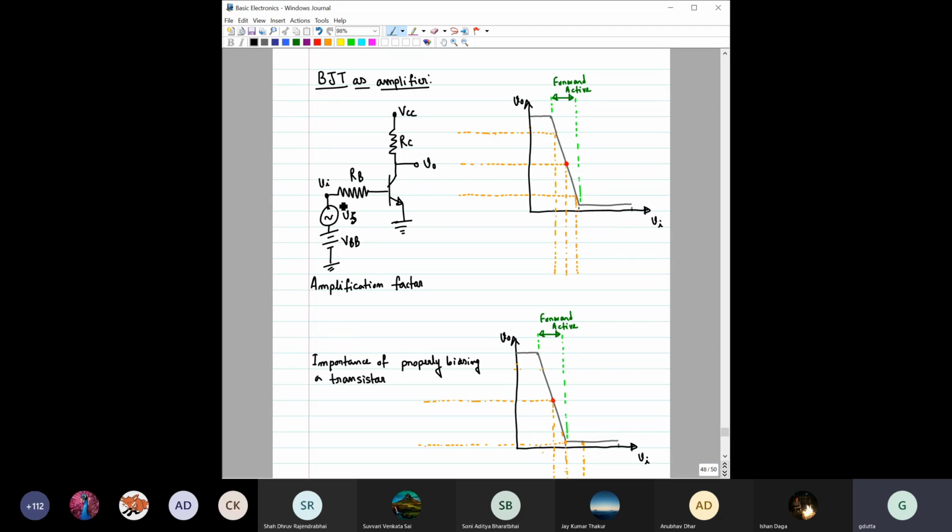So now do not consider VS, only this is VI, and say this VI you can change, which means VBB you can change. So that means you can change VI. Now we have seen this V output versus V input characteristics in today's class only, where we have